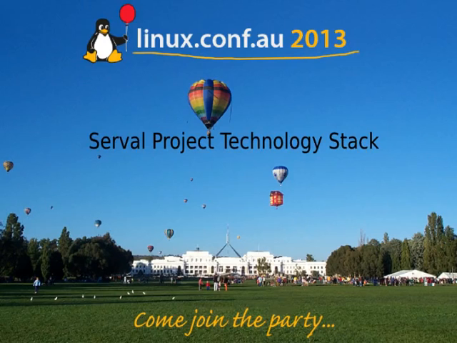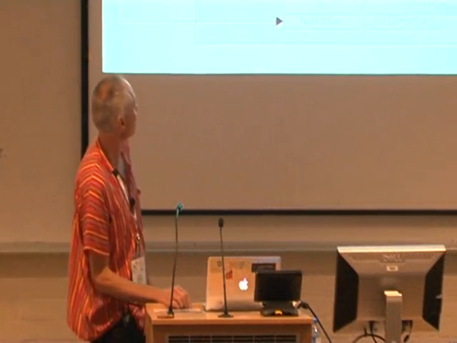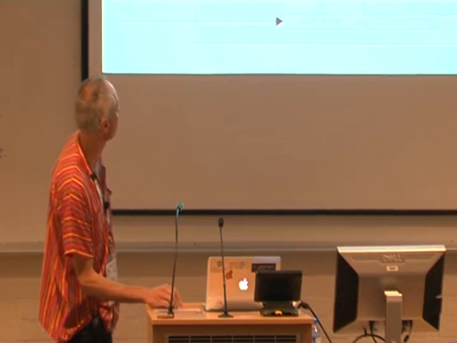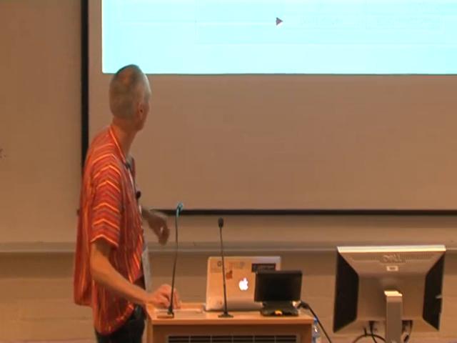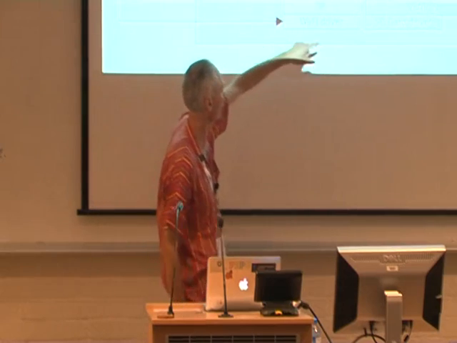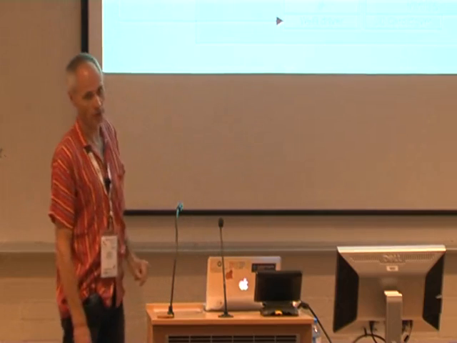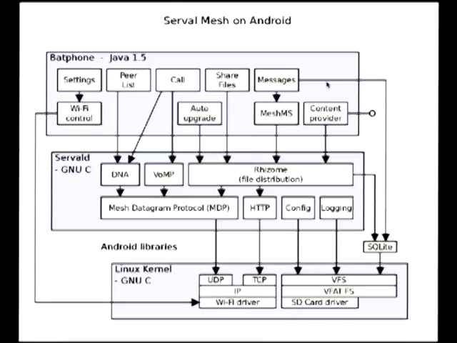Yes. So how did we build this wonderful Serval mesh software that we've got today? Okay, this is a diagram of the system architecture of Serval mesh running on an Android system. As I explained earlier today, we've got the Linux kernel, and everything uses the Linux kernel via the Android system libraries. We have this component, which is basically the common component in everything that we're building. All of our core Serval functionality, all of the core code is in this thing which we call Serval D,